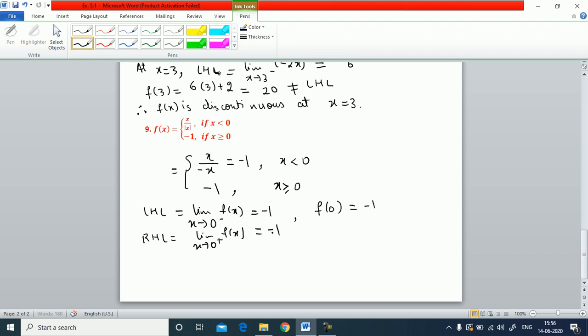There also it is minus 1. You can see all three are equal. So this is the same as the value of the function at 0. It is the same as the left-hand limit. So 0 is not a point of discontinuity. f(x) is continuous at 0. What about the remaining